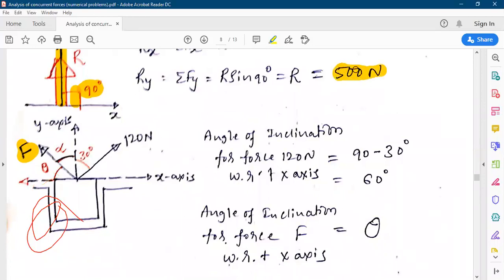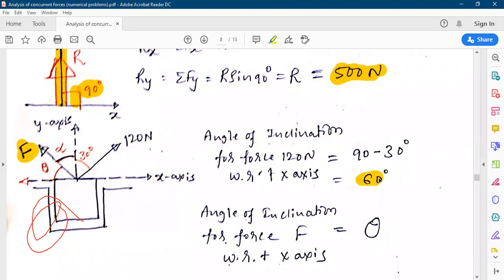The total weight of the block is 500 Newton. So whatever the resultant force will be acting, that will be equated to 500 Newton. So that is the R value which is given, that we have to understand from the question. Now for all resolution, we have to use the